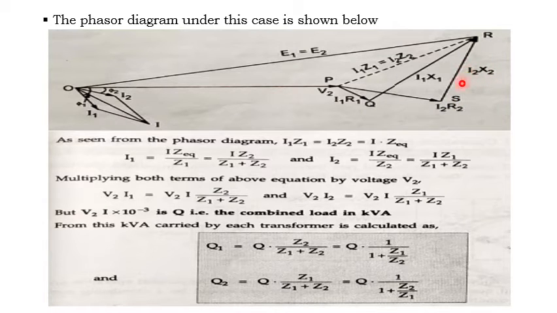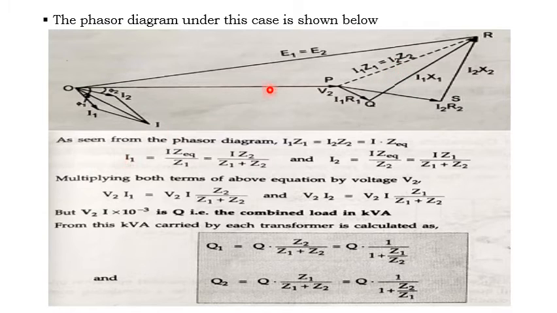Again, with respect to the I2 phasor, I have to draw it in parallel with the I2 line. This is I2 into X2, which is inductive, so this voltage leads the I2 current by 90 degrees. Again I draw from here at 90 degrees. Then the net voltage will be I2 into Z2, from the origin to this point, since here I1 Z1 is equal to I2 Z2.